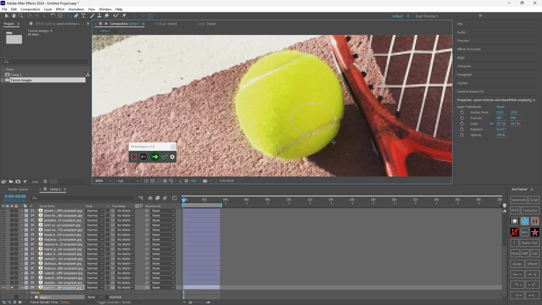While still dragging, I will hit Ctrl and Shift and keep holding those buttons, and I will make the mask. If the mask is not centered, I will also hold the space button so I can move the mask while I'm creating it. I release every button, and I go to the next image by hitting this button.